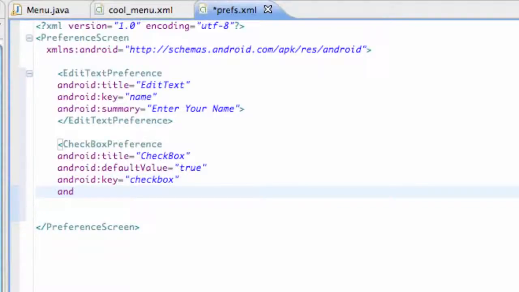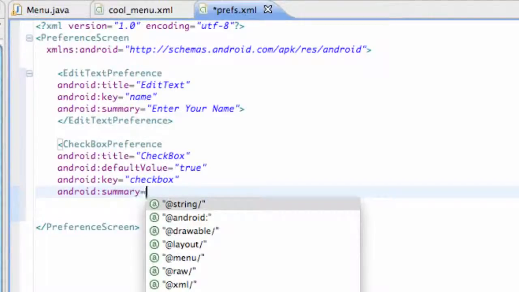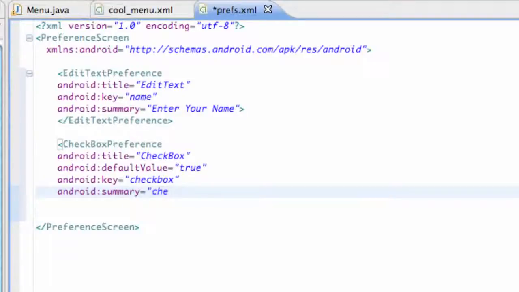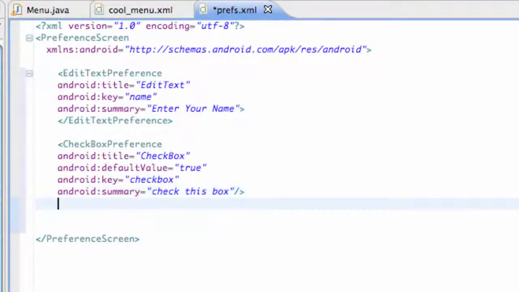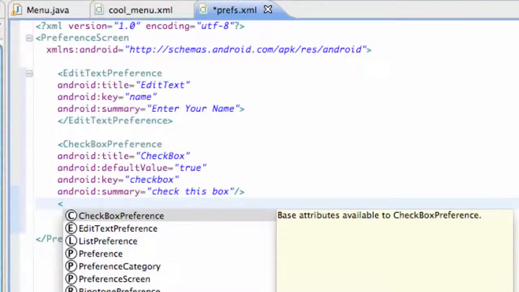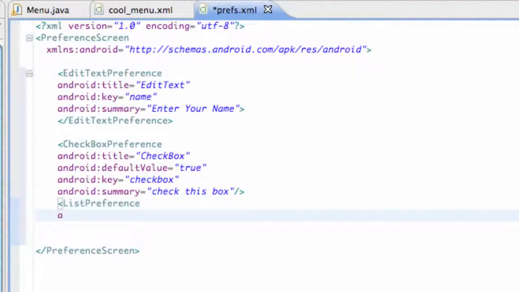This isn't really going to do much, but we're just setting it up for the most part. And again, Android summary equals check this box for the most part. Nothing spectacular. And then we're just going to finish it by slash, less than sign, and let's do one last one here. So we're going to say list preference Android